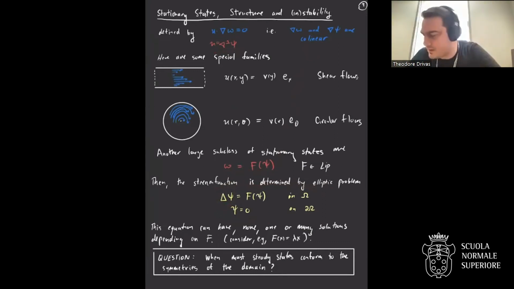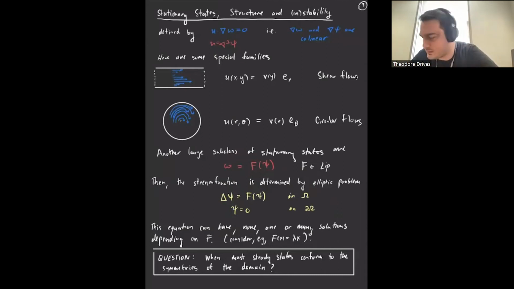It should be said that these are not all of the steady states. It's not necessary that there's a global relationship between vorticity and stream, but this is a very large class, and there are some privileged ones that lie in it, which I'll mention in a second. Just a remark, this is not necessarily a good equation in the sense that it can have one, many, or no solutions. A good example to keep in mind is when f is linear, then this is just the eigenvalue problem. So all of those cases can be seen.